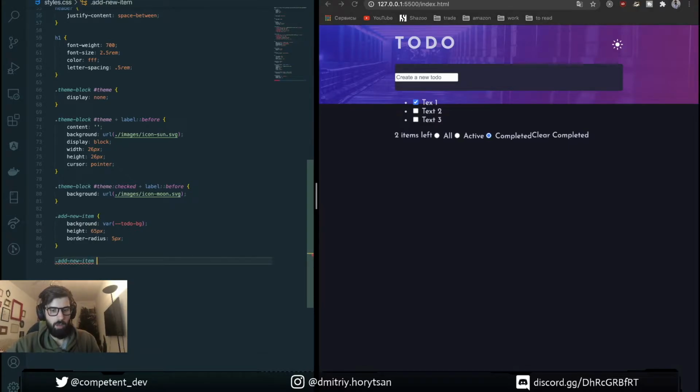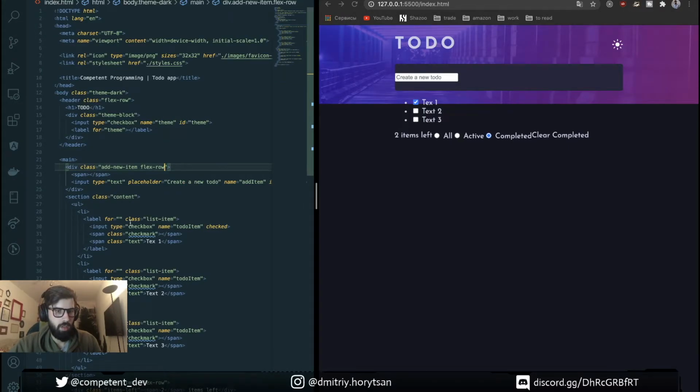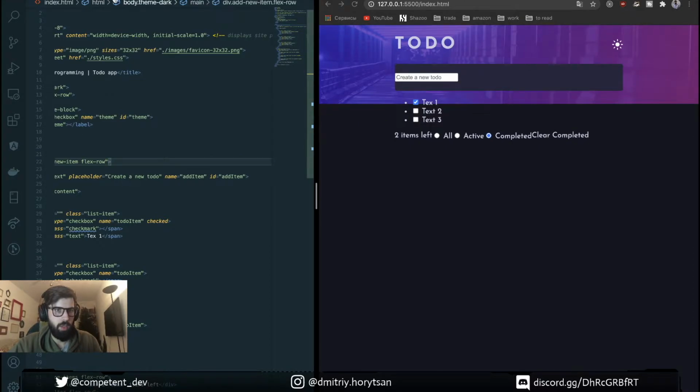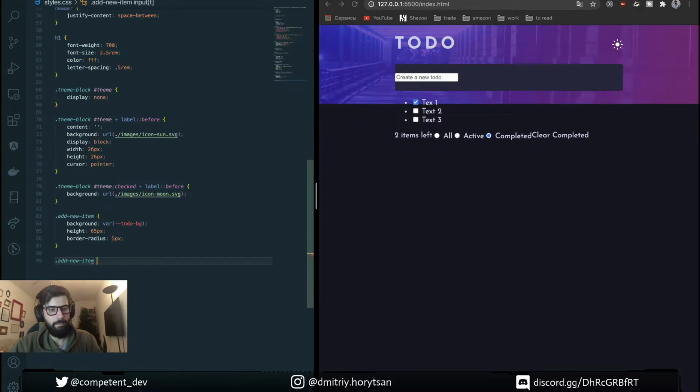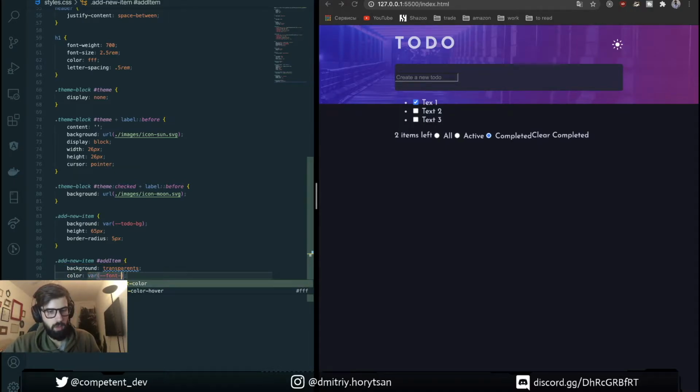Let's style our input. Add item ID we have here, add item. Background we need transparent. For color we use another variable, font color.